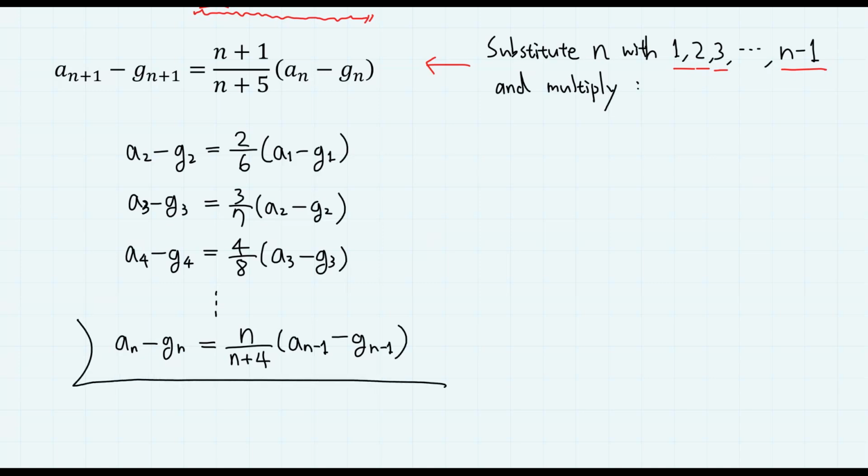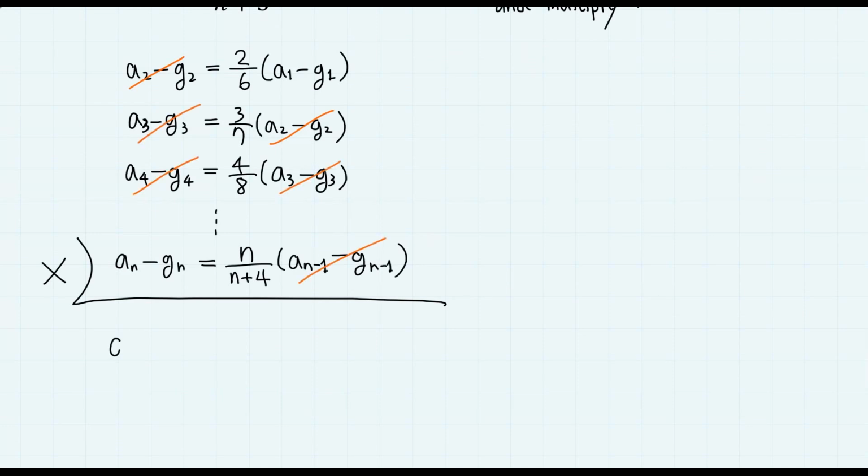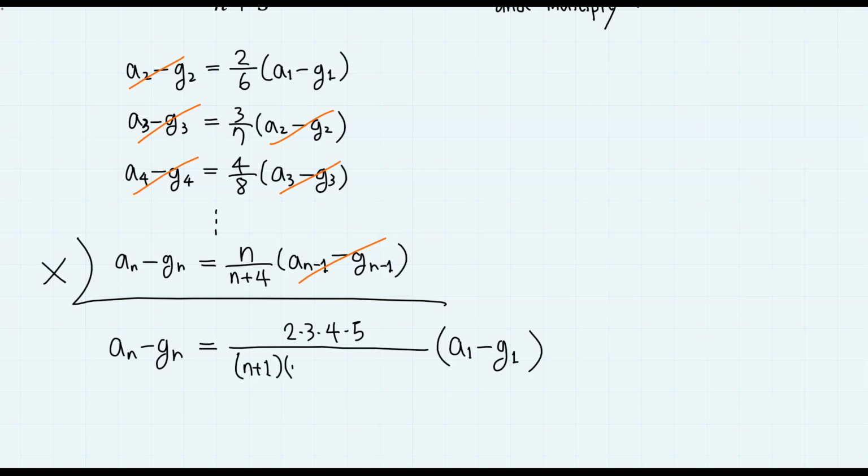And if we multiply them, we will obtain an minus gn equals a1 minus g1 multiplied by, if we simplify this part, you will obtain 2 times 3 times 4 times 5 divided by n plus 1 times n plus 2 times n plus 3 times n plus 4. The thing is, for this special problem, we don't even need to simplify this part,